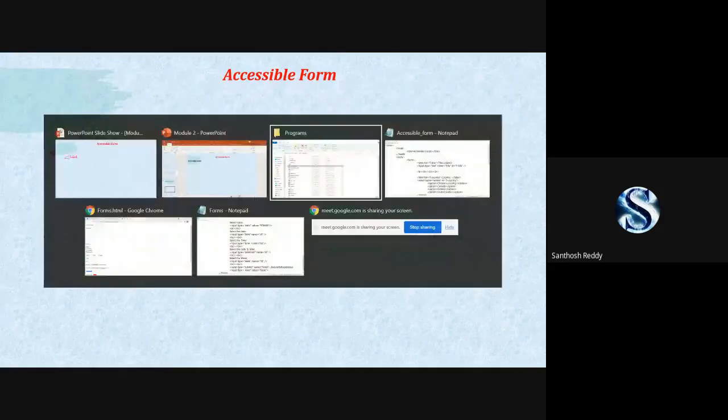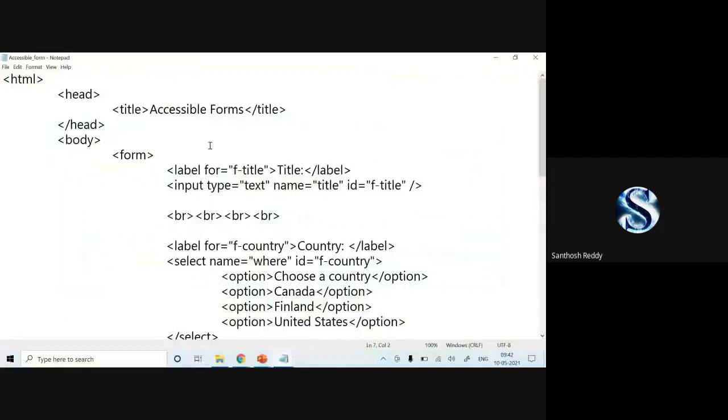Okay, fine. Rather than here, I'll show it directly in the code. How do we link your label and your input text box? We have an attribute called for.